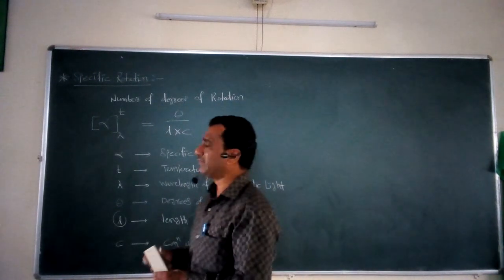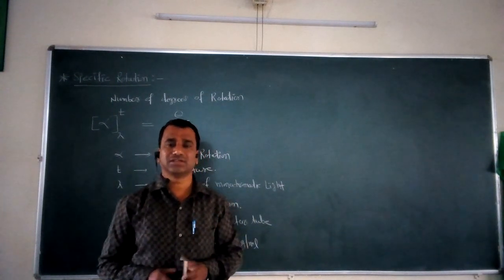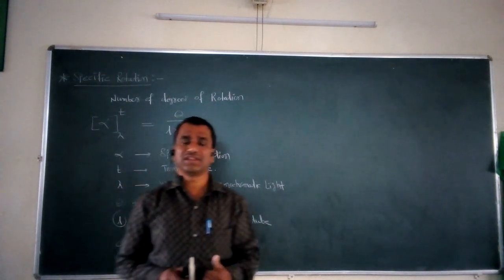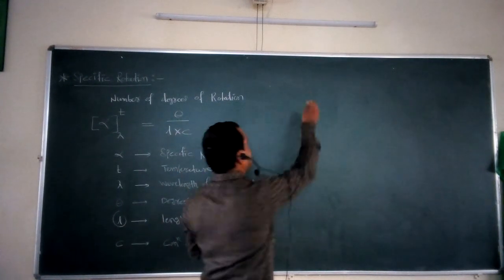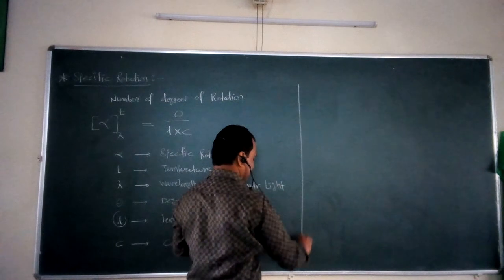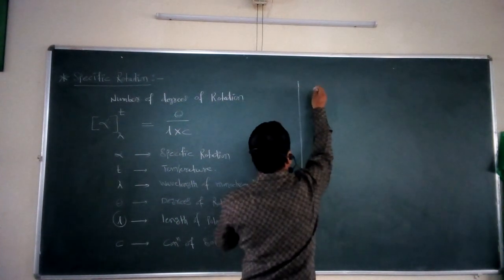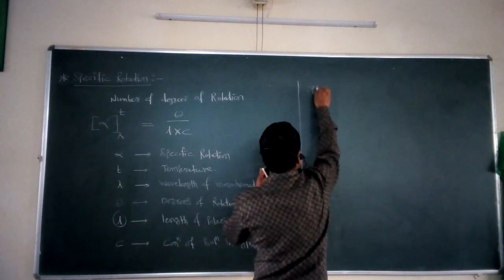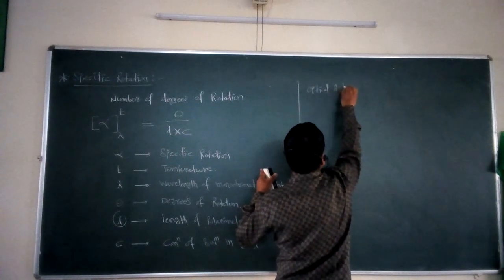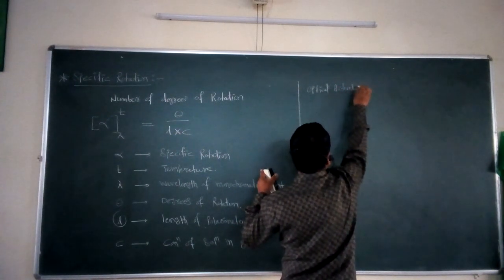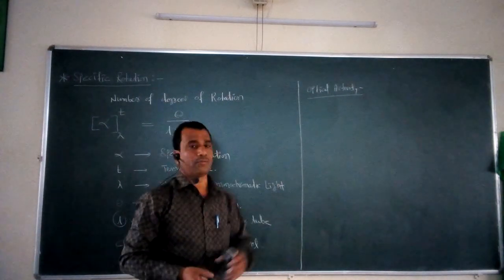Now once we have studied this specific rotation, with respect to it we may define the levorotatory and the dextrorotatory compounds. Using this, we have to study the next related concept, that is the term optical activity. We know very well what optical activity is. In the last lecture we came across this term.